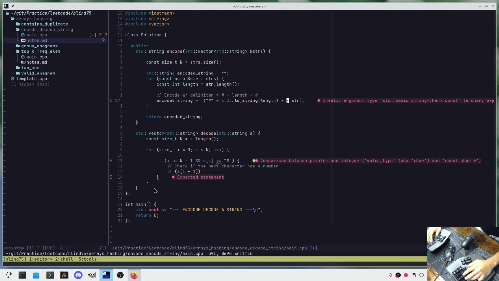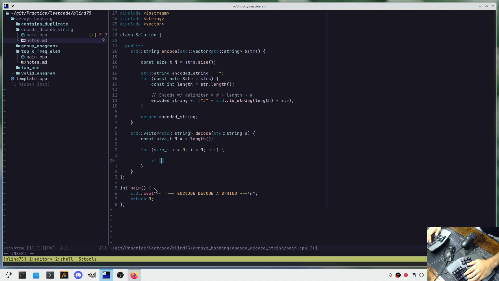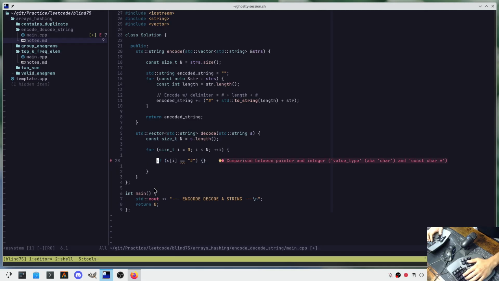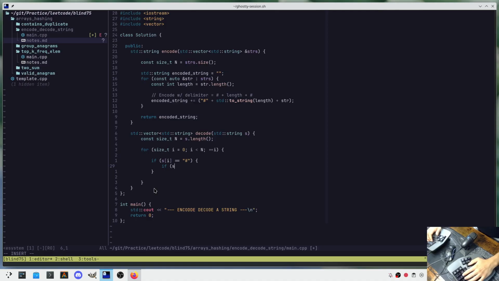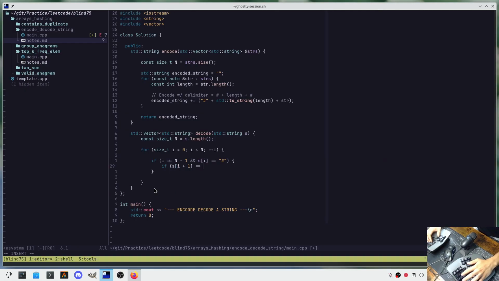Maybe we don't need this. If we ran into, let's say, if s at i is equal to pound, if s at, if i does not equal, to prevent overflow, and s at i plus 1 is